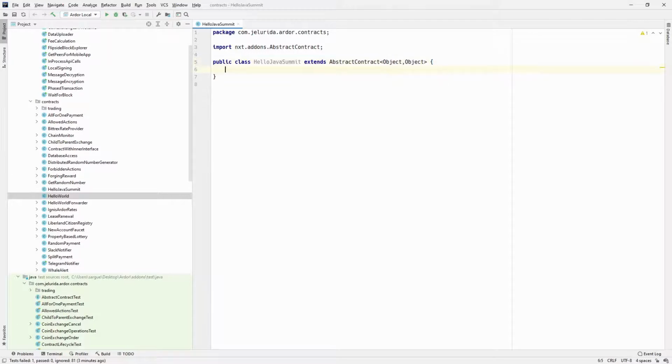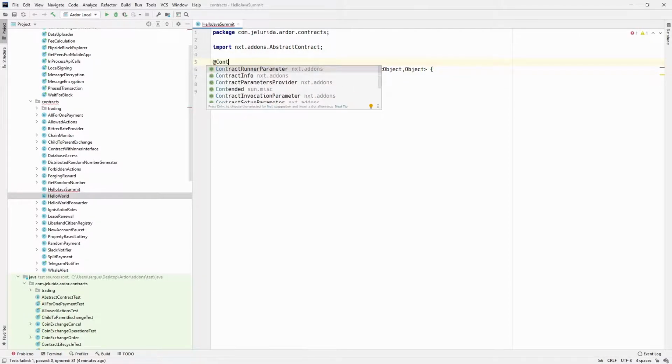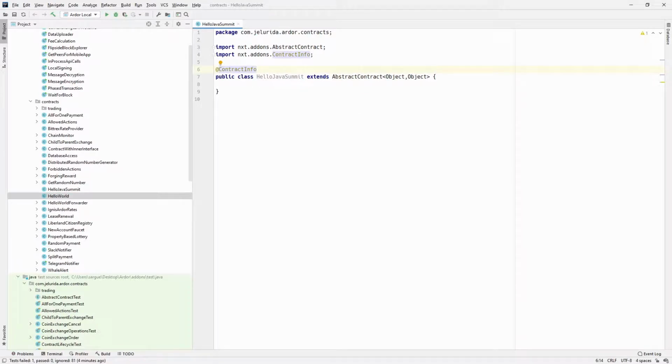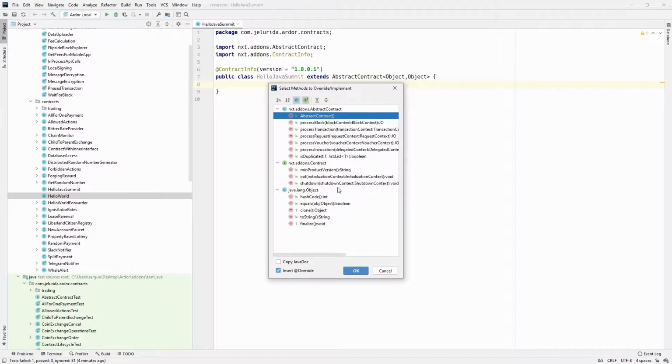For now, I can optionally add this annotation with the version. I can override one of the different methods. We can have processBlock.